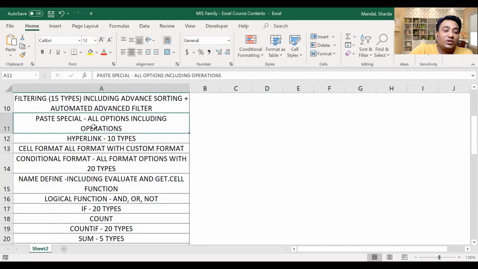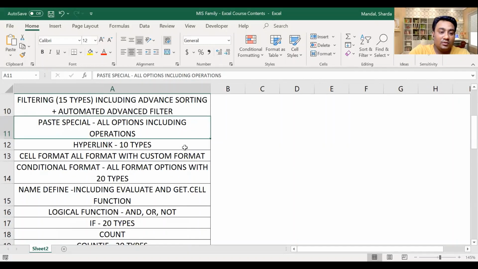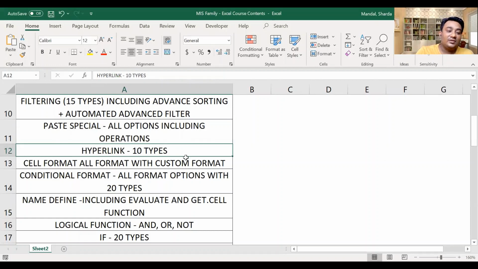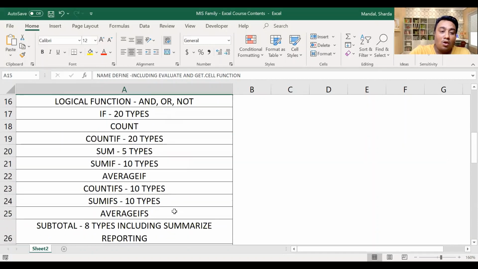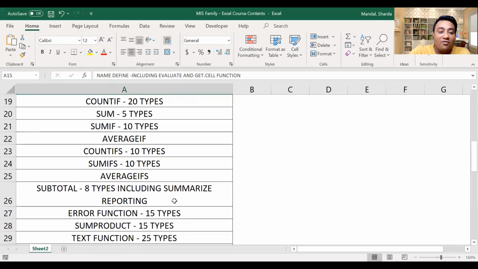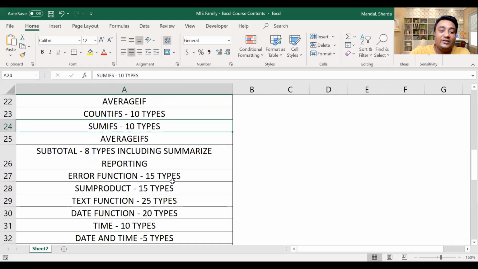Filtering, paste special, hyperlinks, cell format with custom format, conditional formatting, name define, including evaluate and get.cell function, logical functions, if, count, countif, sumif, averageif, countifs, sumifs, averageifs, subtotal, error function, sumproduct, text function, date, time, date and time, calendar,